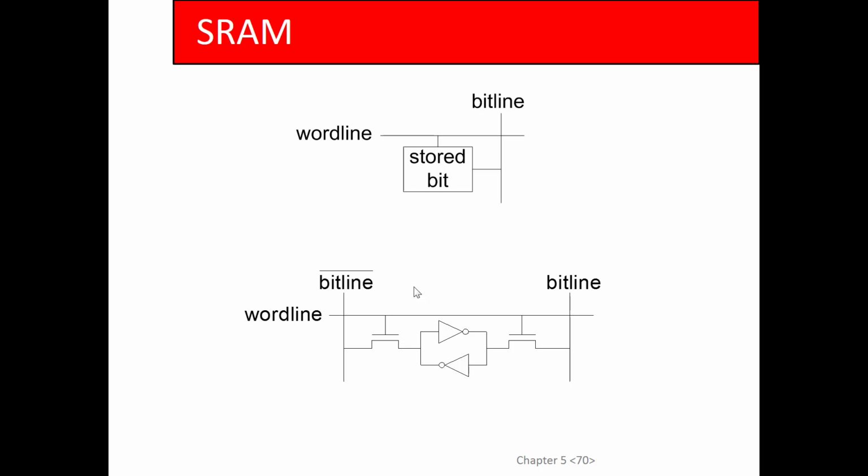So you've got these 2 transistors here, and then how many transistors in an inverter? 2, right? And then there's 2 here. So there's 2 plus 2 plus 2, so there's 6 transistors per bit. So SRAM is about 6 times less dense than DRAM, which is why your cache on your processor